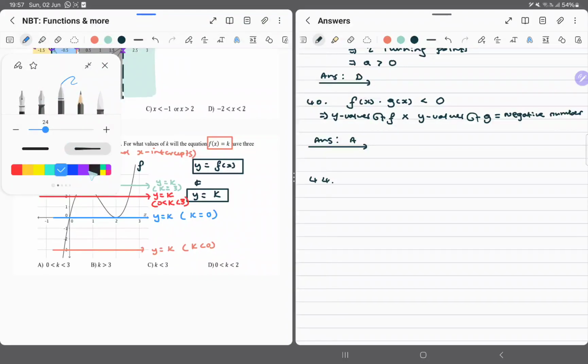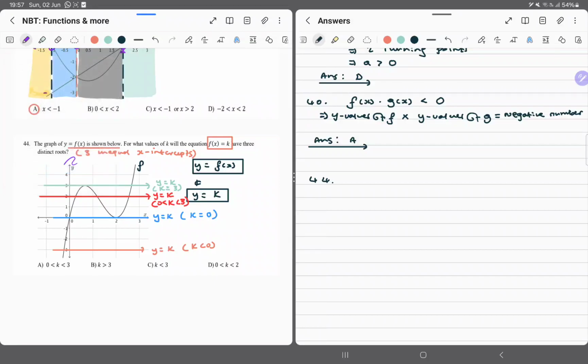You can also draw another one and say, what about we draw this line over there? This is still y equals k. This is when k is greater than 3. Okay, we don't really care that it's cutting at 4, because we just want regions more than actual values per se, but some critical values are to be considered. So when do we see this line of ours intersecting the graph